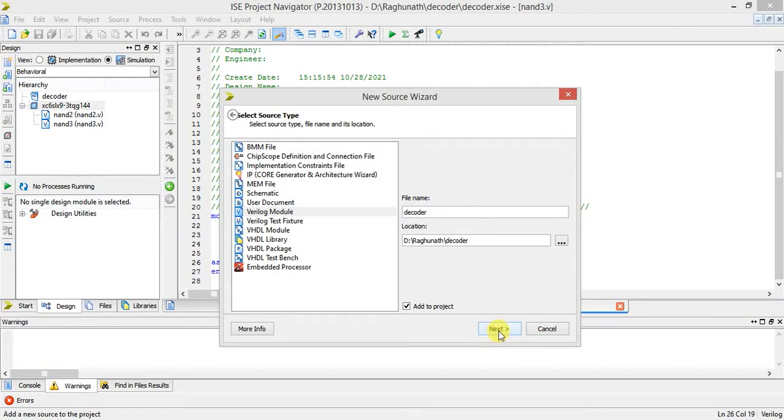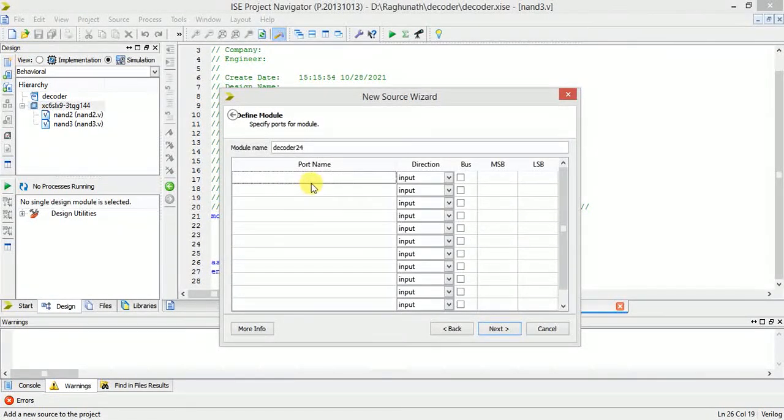Okay, so the project name is decoder. I am writing one more file, decoder. You can write decoder 1 or anything, or simply decoder also. I am writing decoder 2 to 4 now. I am writing decoder 2 to 4 dot v, and it will generate.